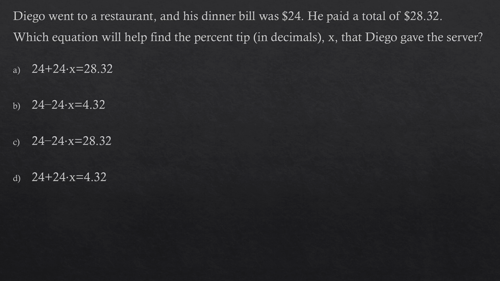He paid a total of $28.32. Which of the equations can help him find the tip, percent, and decimal x that Diego gave the server? Okay, well, first of all, there's two answers we can cross off right away, and let's think about the problem